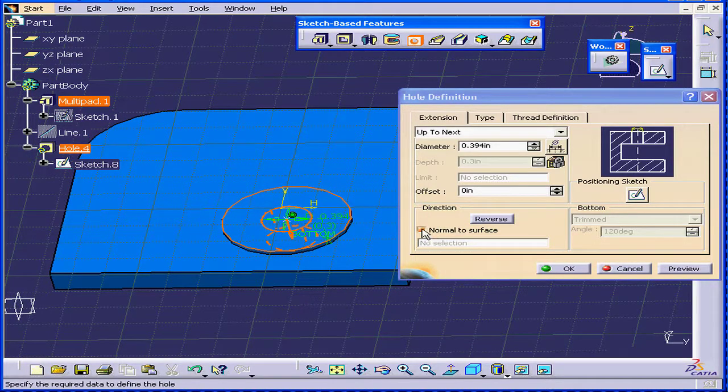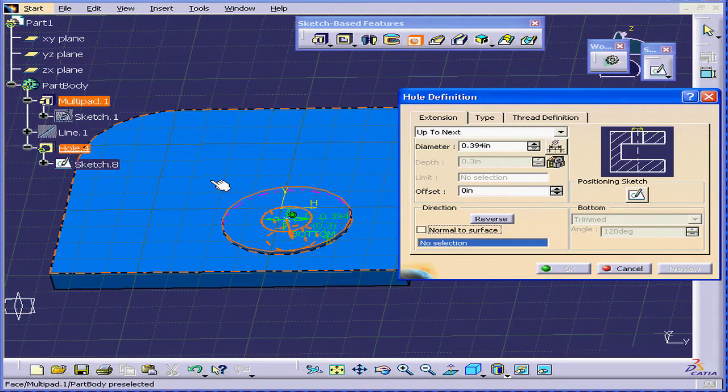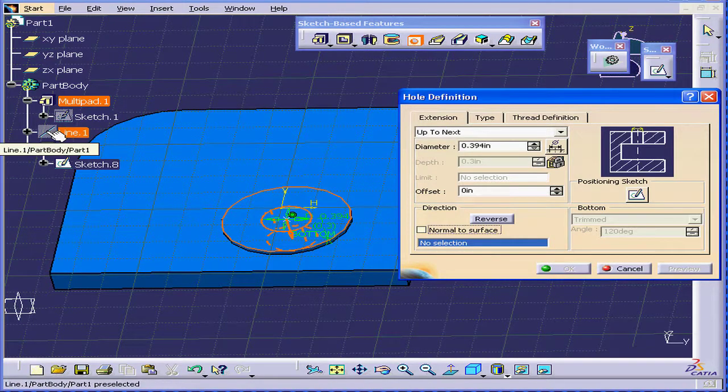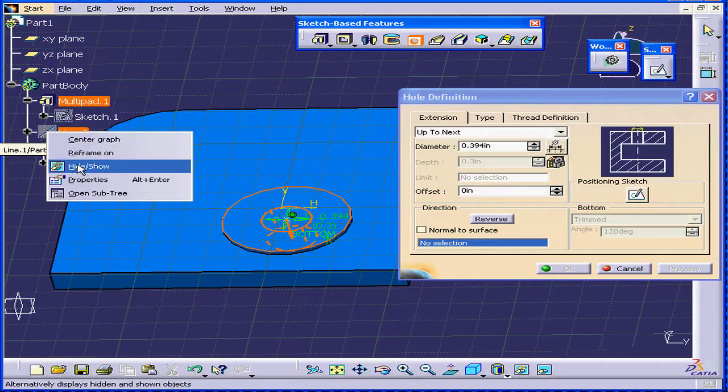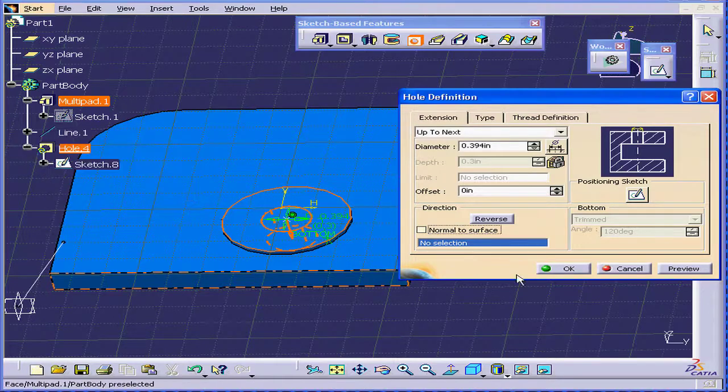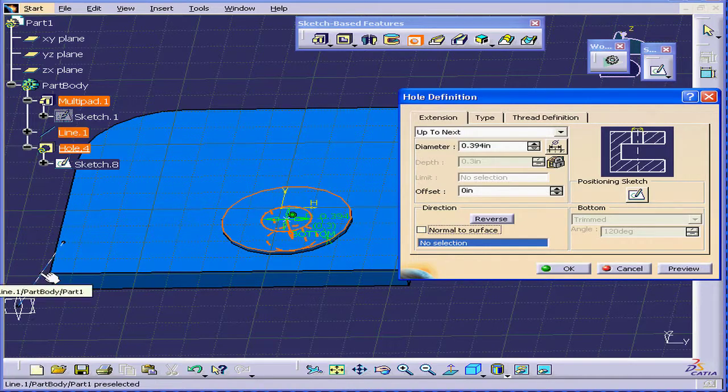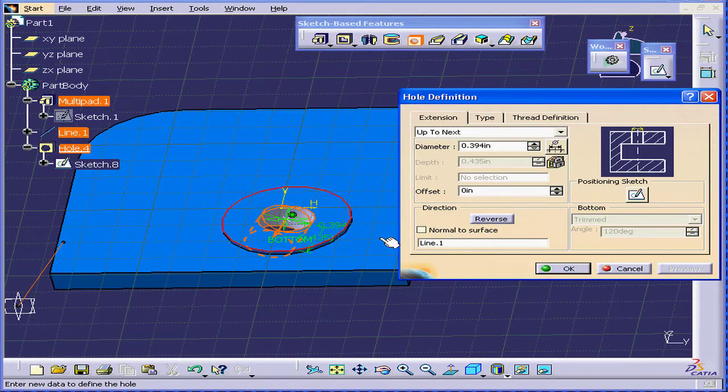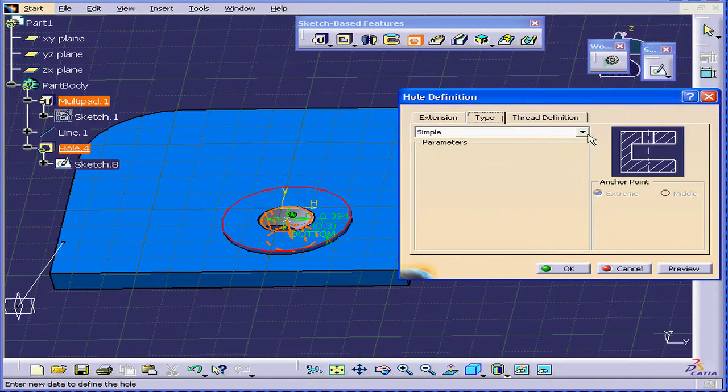For example, I can choose direction. I have a line I created here before. Right-click, Hide Show. When this field lights up, I can select this line. Now you can see the hole has changed direction. Click Preview. Or if I want the hole to be normal to the surface, I click that option. Again, we can select a different type of hole